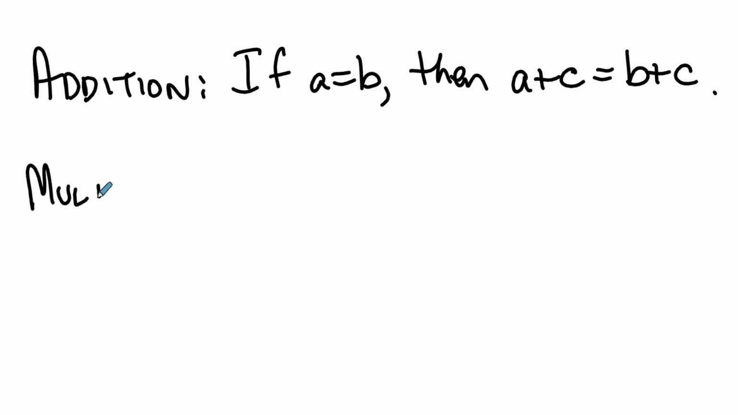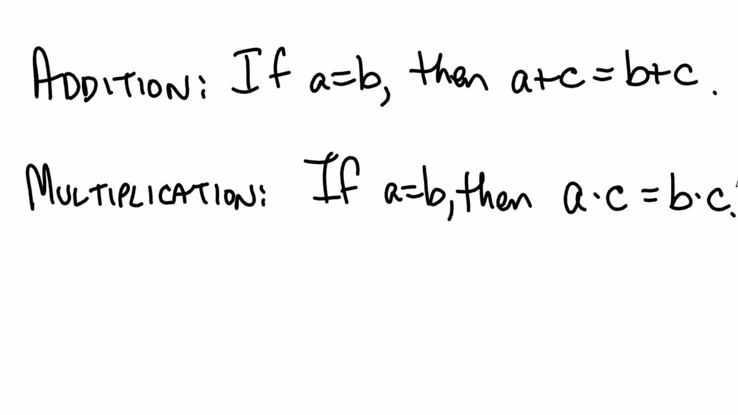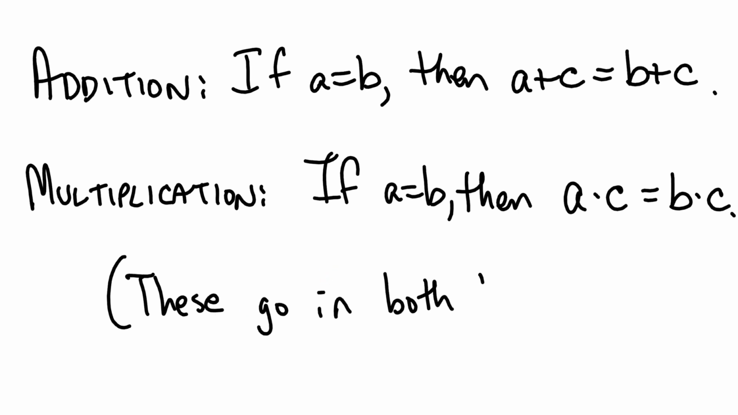Similarly, we can play this game with multiplication. If you know that A equals B, then you know that A times C equals B times C. If you multiply two equal things by the same number, then the results are equal. And these properties go in both directions,